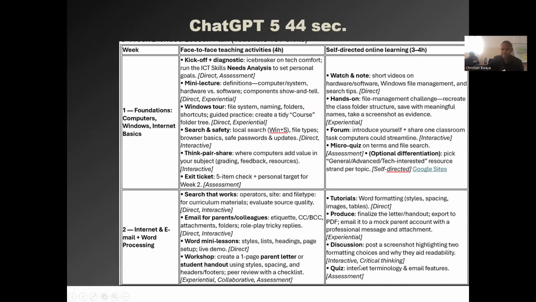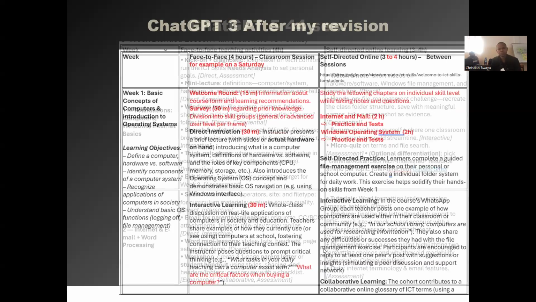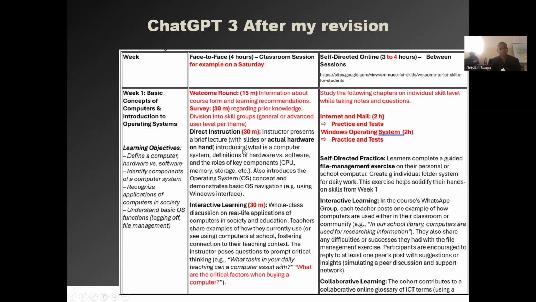Just to note, yesterday ChatGPT 5 became available, and it is free. That's important. Here in the ChatGPT 3, I used the reasoning mode, which cost me 20 francs, around $20 per month.